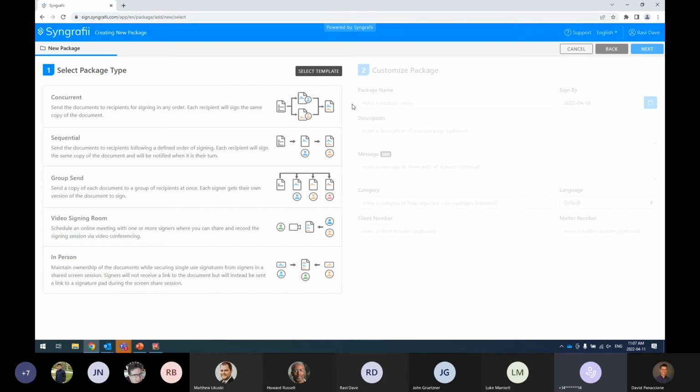copy of the document. A sequential signing allows you to set a defined signing order that signers must sign one after each other as they execute the document. They will be all signing the exact same copy of the document in the order that you define. Group send allows you to send out a bulk send of documents to a large number of signers. And in this case, each signer receives their own individual copy of the document to sign and send back to